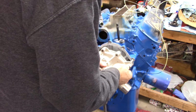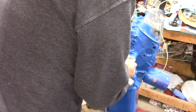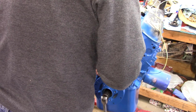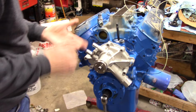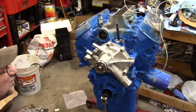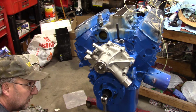Get this lined up. I know you can't see what I'm doing. I'm trying to get the gasket lined up. Oops. Need to get this in there where it belongs. I know, I'm still in front of the camera. But anyway, these old bolts, I'm using these old bolts because...